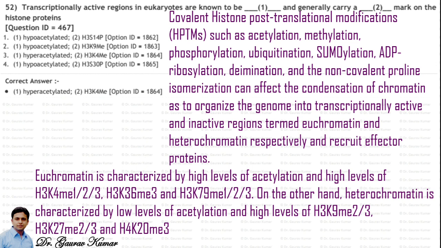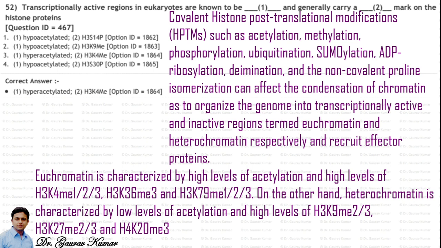On the other hand, heterochromatin is characterized by a low level of acetylation. So actually there is hyperacetylation in the euchromatin, while in the heterochromatin there is a low level of acetylation, that is hypoacetylation, and there are high levels of H3K9me2/3, H3K27me2/3, and